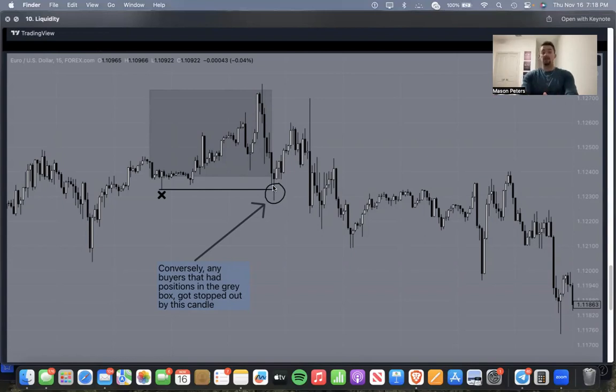To understand liquidity is to understand everything. This is almost more important than support and resistance. These large wicks, these large quick moves do not happen by accident. They do not happen because traders are shorting or buying the market. This is happening because you are setting your stop loss and you are getting targeted. If you take profit, you don't get targeted. If you don't enter a trade, you don't get targeted.